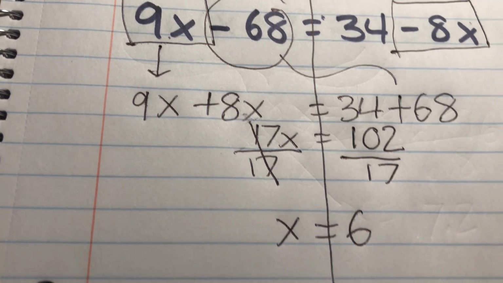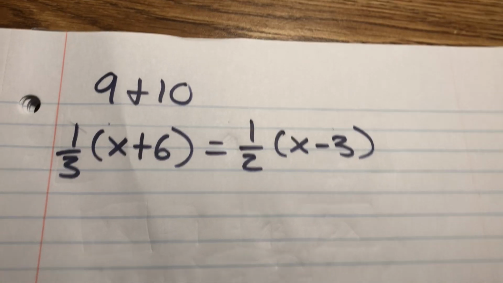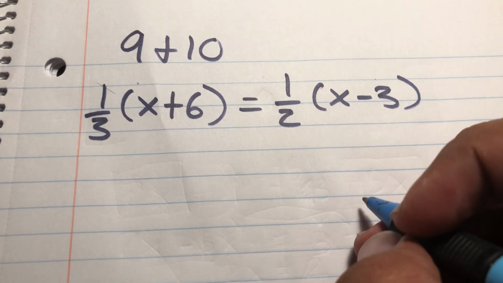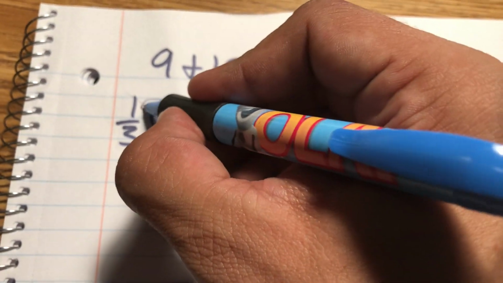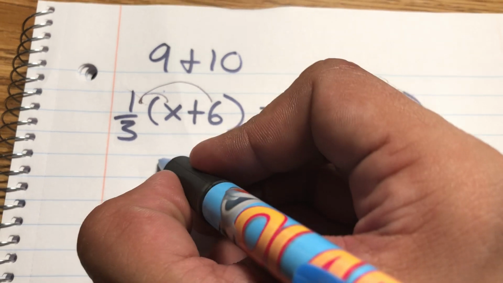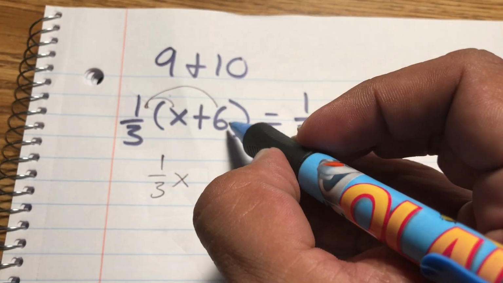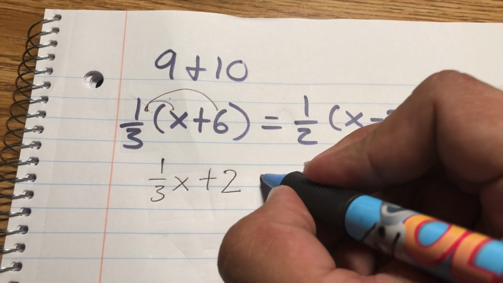See how the steps are similar? They're repeating over and over again. Every single 4 questions is going to add one more step. So in this one, the extra step is distributive property. So you have to do distributive property, and then when you are done, you can start solving it like the ones we just did. So the 1/3 is distributing itself to these two. So it's going to be 1/3 x, and then 1/3 times 6 is 6 over 3, which gives me 2,